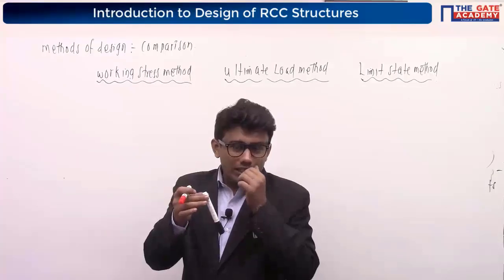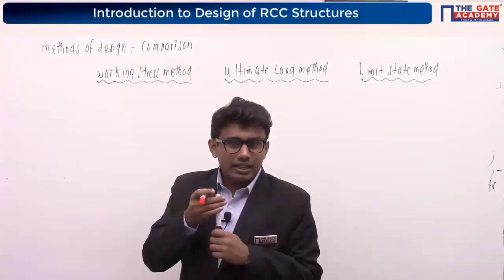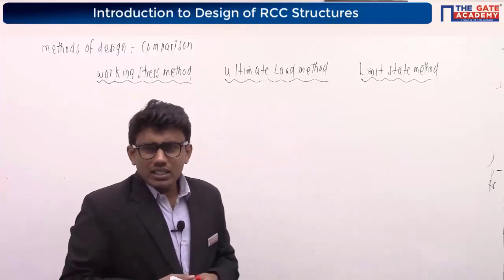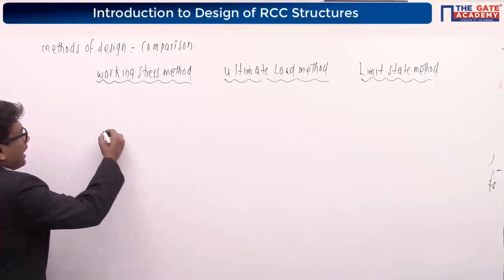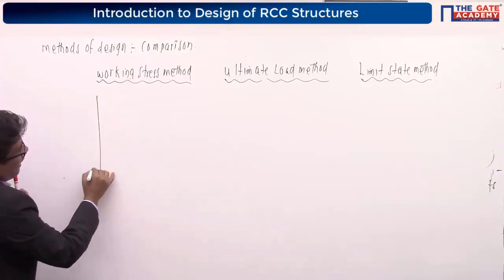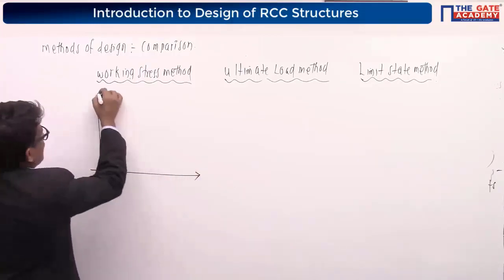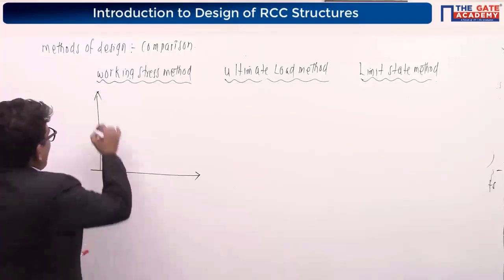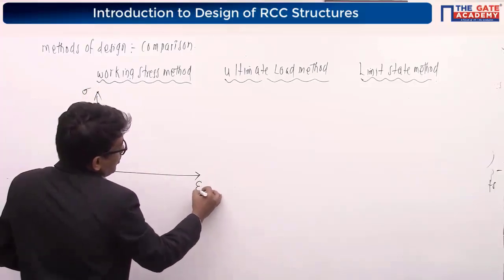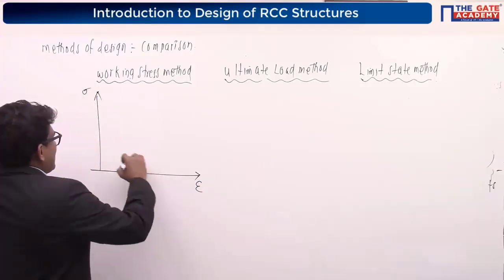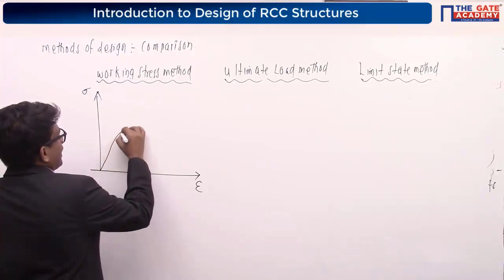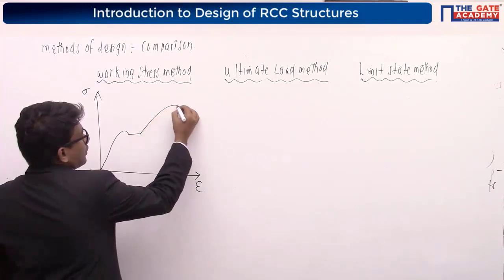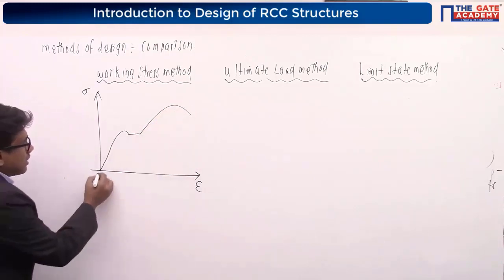So we already know how this mild steel bar behaves under tensile load. You might have studied it in strength of materials. Otherwise, I will explain it here. The behavior of a mild steel bar under axial tensile force will be somewhat like this. If I plot the stress-strain curve of mild steel bar, on the y-axis I will take the stress value, on the x-axis I will consider the strain values, and you will get a graph like this. It will have a straight portion, and it will go like this. And this is the origin.